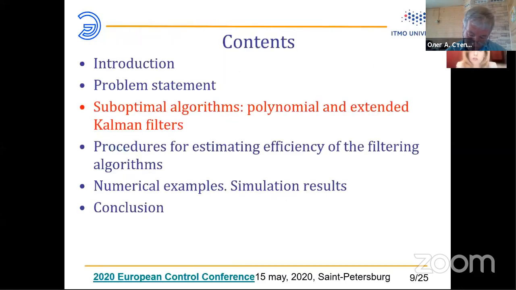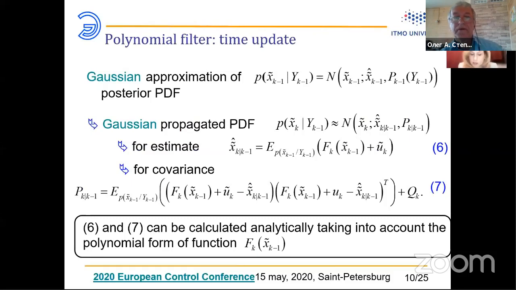Now I'm going to talk about the suboptimal algorithms, first of all about the polynomial filtering method. The polynomial algorithms are based on the assumption that the prediction probability density function can be approximated by a Gaussian one. For the probability density function of the Gaussian random vector x, we use the following notation. As follows from the slide,